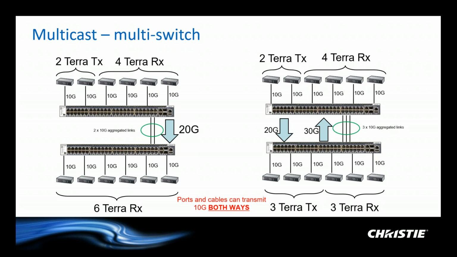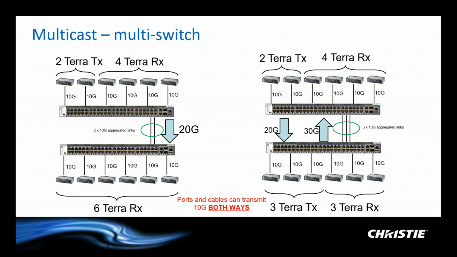Now, because there are only 2 transmitters that are only ever going to be able to publish 10 gigabytes each, you only need a 20 gigabyte link going down between the switches, because on the RX side, because we're using multicast, the RX will only ever be able to pull 20 gigabytes from the top switch. Okay,